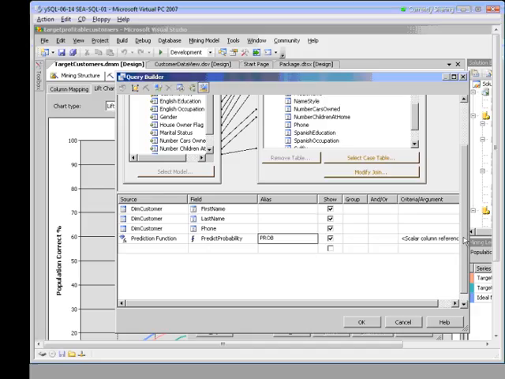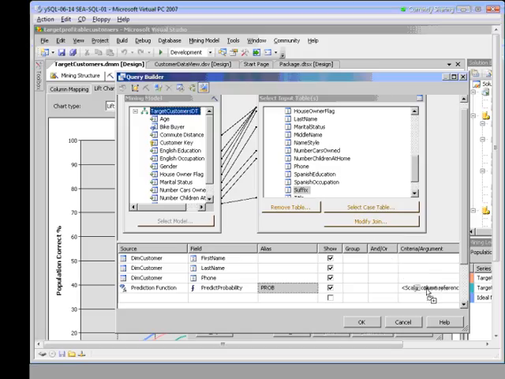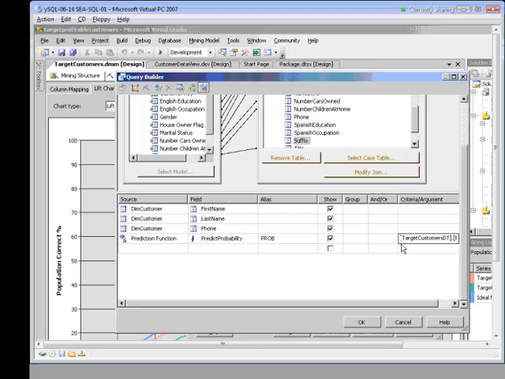Okay, so now I want to go back up here and watch how we do this. You go up to the bike buyer in our mining model, drag that field down here, and put it in the criteria argument. There we go. So notice what that added for me. I need to give it some parameters here, so I'm going to add a parentheses before it, go over to the right. So there's my bike buyer for my decision tree, comma, 1, close parentheses. There we go. That looks good. So I got all the syntax correct there.